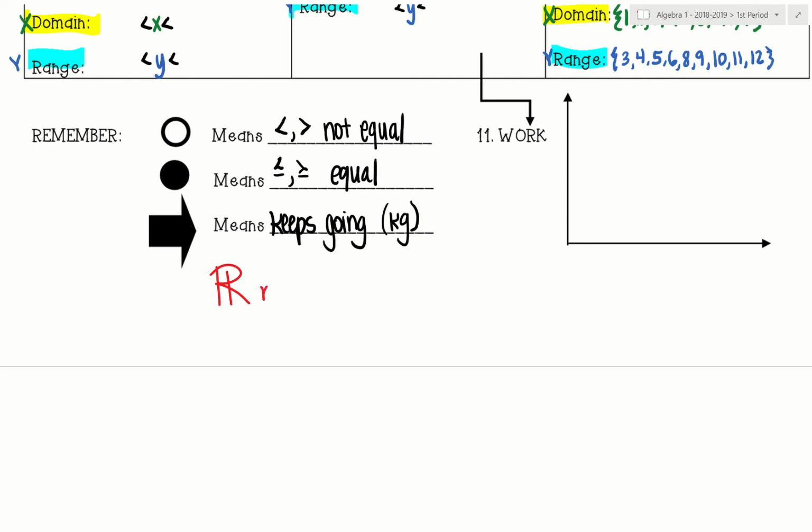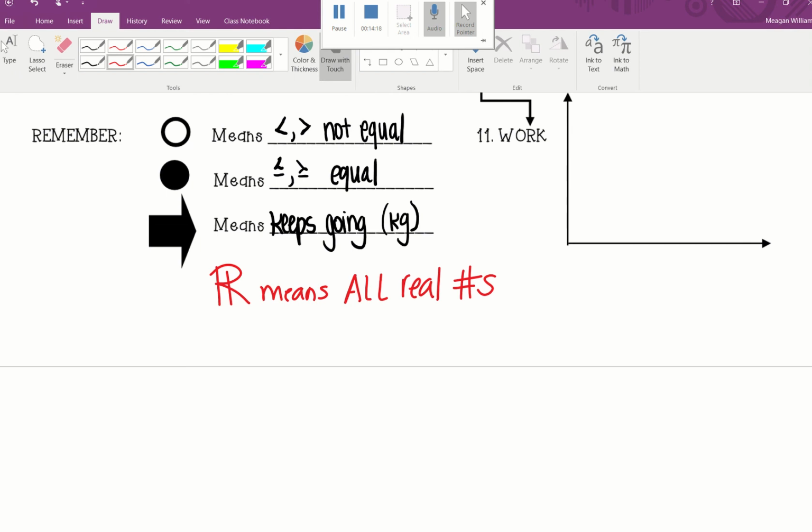And all this means is all real numbers. That's just something you're going to have to know here in a little bit, okay? So it's what I call a fancy R. You give it a little extra line through it, okay? And all it means is it covers all real numbers. Instead of having to write out all real numbers, you just put the fancy R there. Sound good? Okay, so that takes care